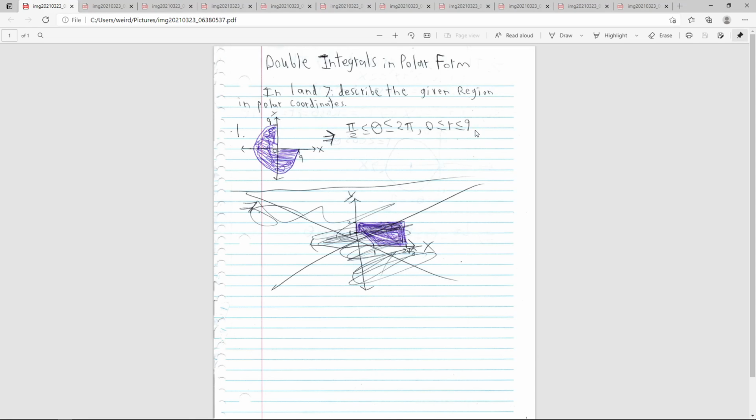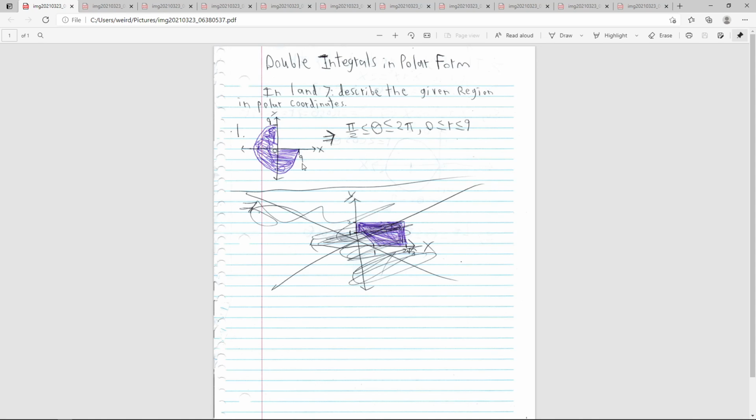Okay, double integrals in polar form. In 1 and 7, describe the given region in polar coordinates. So just real quick, we look at this just to get a feel for it. One of these would present a graph like this. You can easily tell it's going to be pi halves to 2 pi because it's like 3/4 of a circle